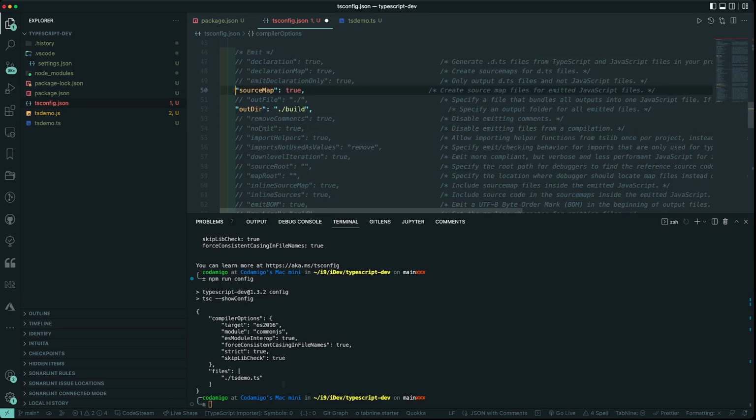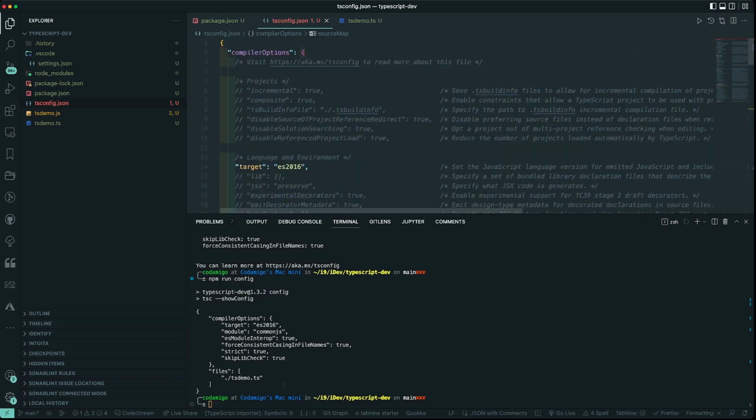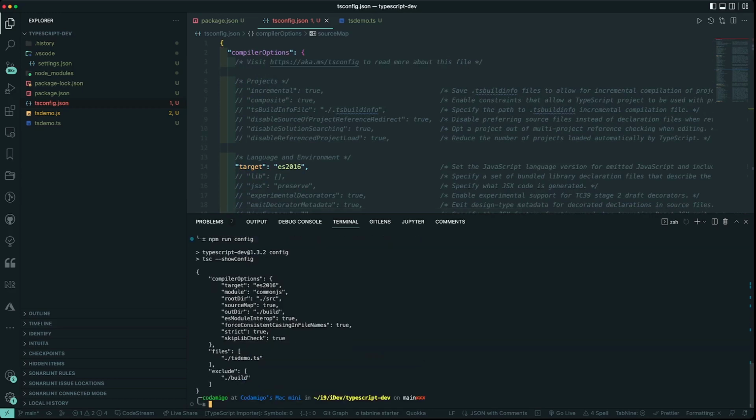There are a couple of other options that I want to enable. That is the source map. Source map is extremely helpful when you want to debug your TypeScript file. Okay, that is all the change I want to make now. So if I type npm run config, you will see it has changed, right? Now it knows what my root directory is. It knows that the source map is enabled. It also knows where it's going to put the transpiled version of my file. It also knows that it's going to exclude the build folder, because the build folder is going to have the compiled version,